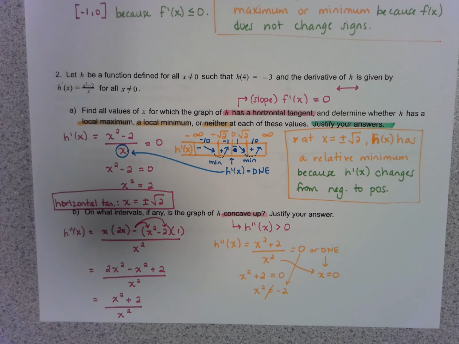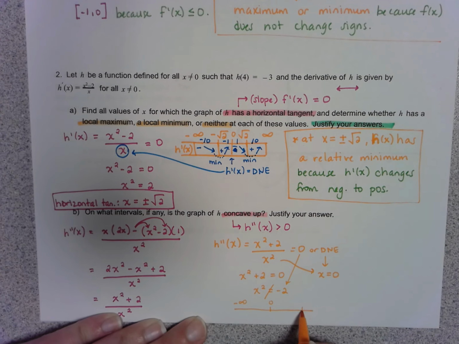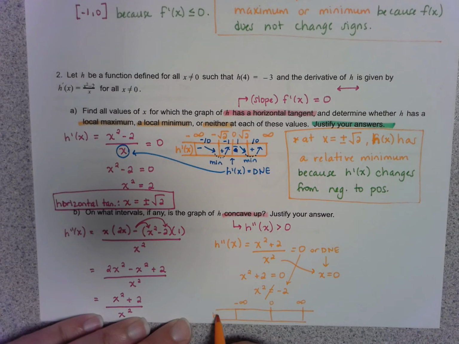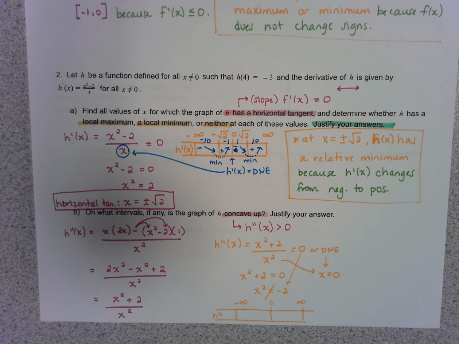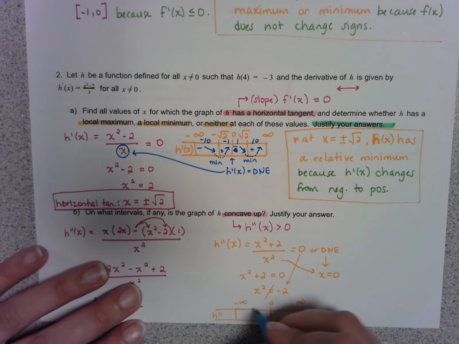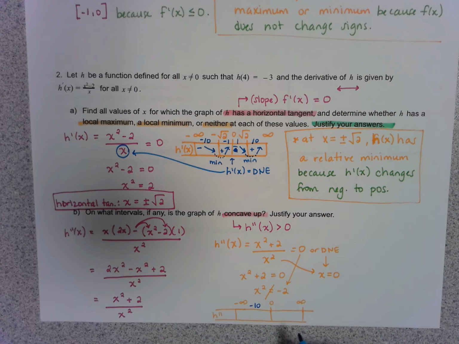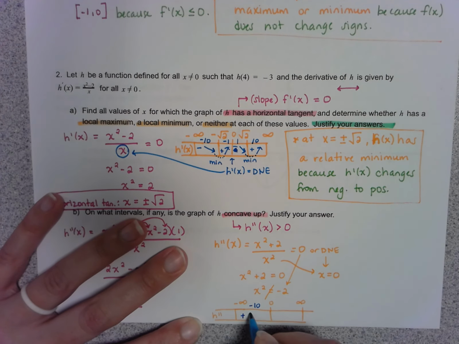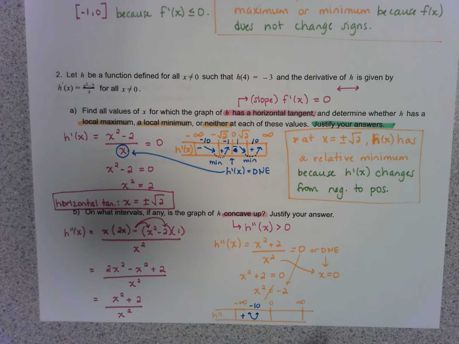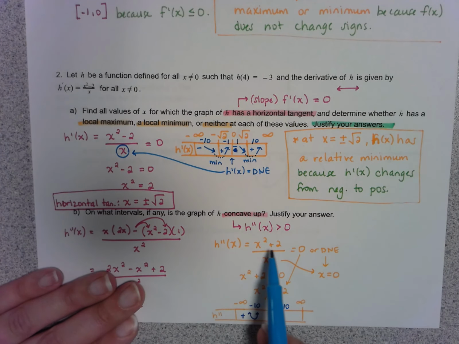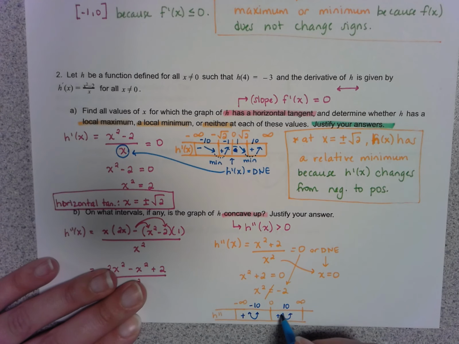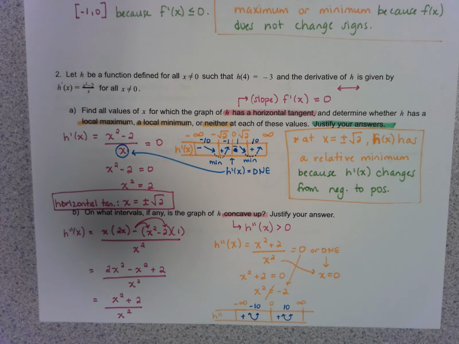Last but not least, I would make a sign chart. So just like in my previous problems, I'm going to imagine a number line. Only this time, instead of looking at the sign of h prime, I'm going to be looking at the sign of h double prime. So if I pick a number from 0 to negative infinity, like negative 10, and I plug that in, negative 10 squared is 100, plus 2 is 102, divided by negative 10 squared is 100. So we've got a positive divided by a positive, which means I'm positive, so I'm concave up. In between 0 and infinity, like positive 10, I'm still going to have a positive divided by a positive, so I have concave up. Which means my final answer is going to be